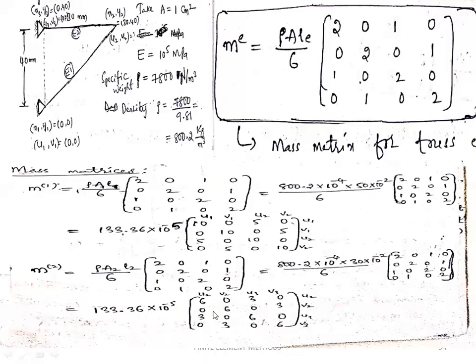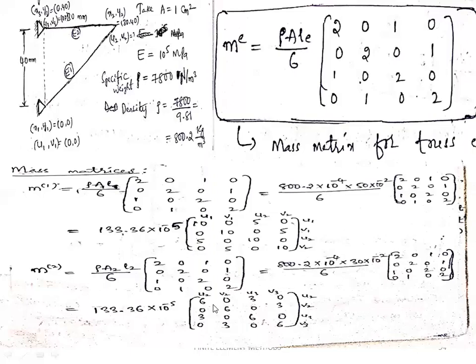Here the 4 by 4 matrix is 6 0 3 0, 0 6 0 3, 3 0 6 0, 0 3 0 6. Now you need to give the row and column numbers here also. The row and column numbers are specified as nodal number 2 having U2 V2, and nodal number 3 having U3 V3. So give the row numbers as U2 V2 as well as U3 V3.